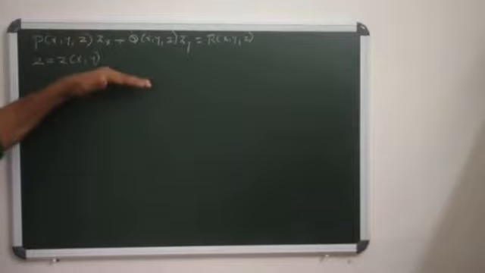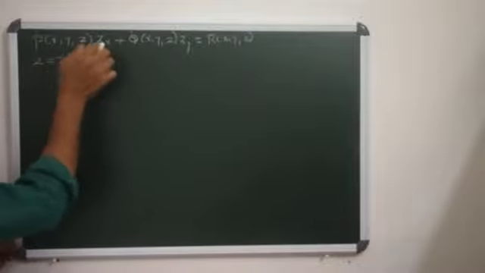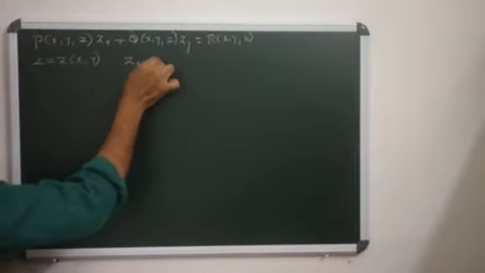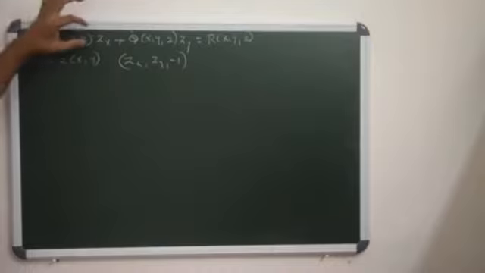Now the normal to this surface has direction ratios z_x, z_y, -1. Therefore, the given equation P z_x + Q z_y = R satisfies the condition that